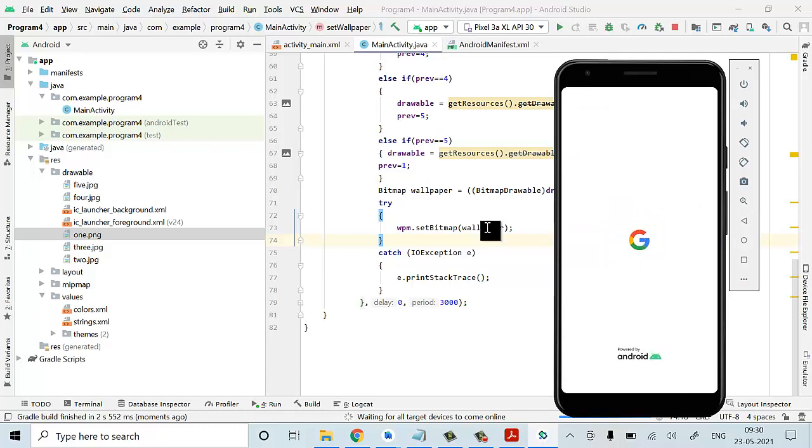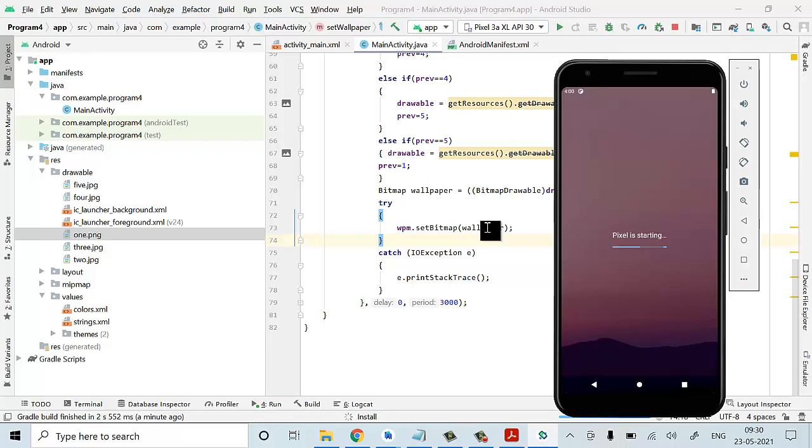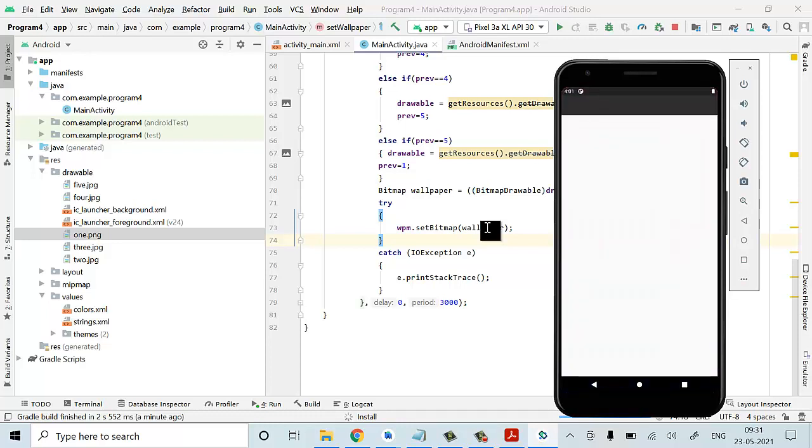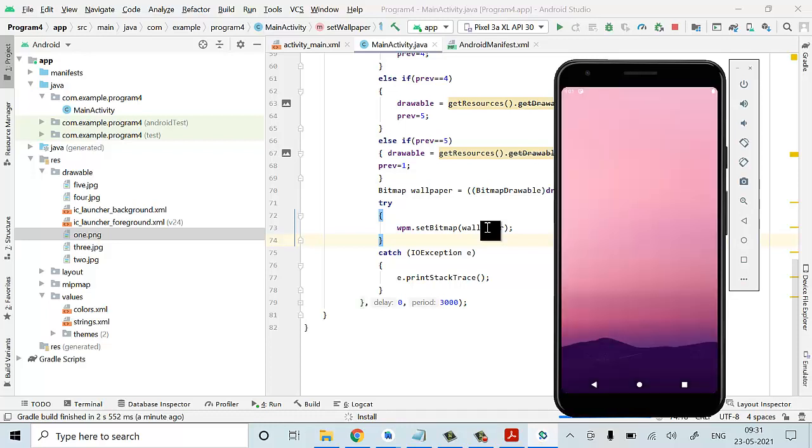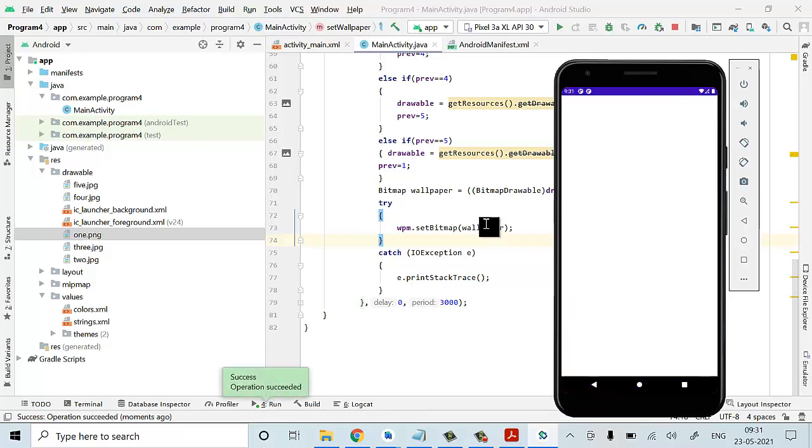It's starting off, your phone is done. Now your UI will start displaying.